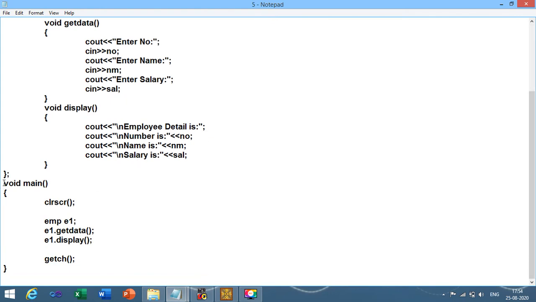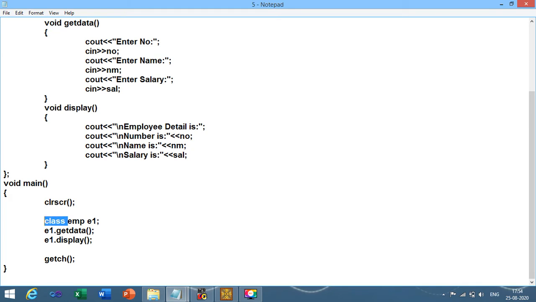Now see the void main. Remember one thing, over here class employee e1, that is not in the syntax. Remove the class keyword from here. You just need to declare the name of class, and then the name of the object that you need to specify. Some people are still using class over here.